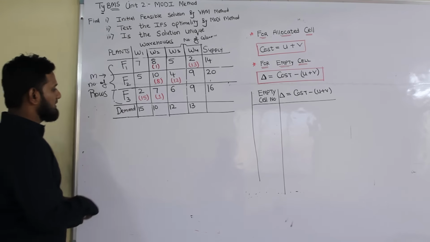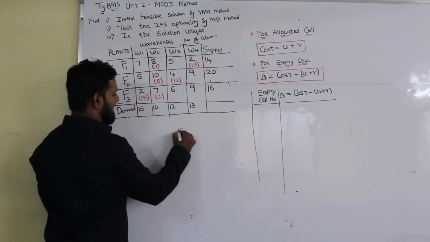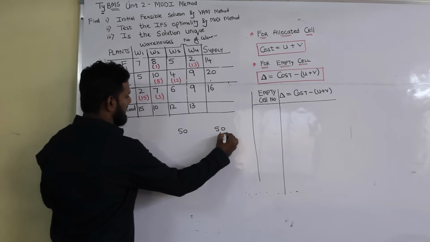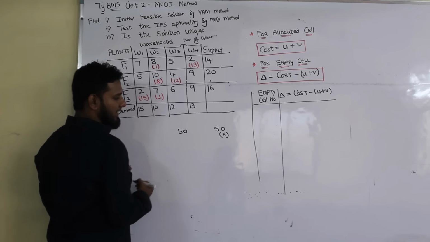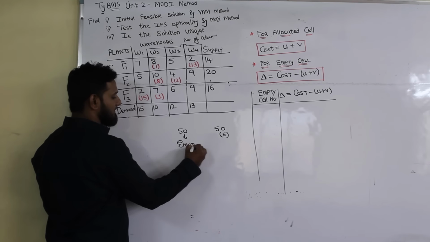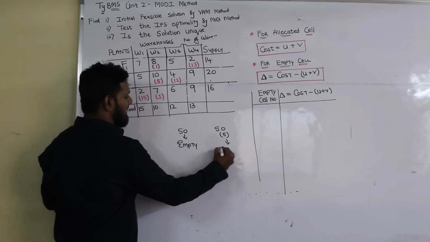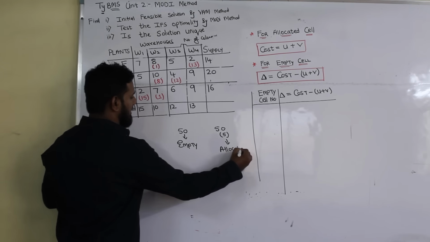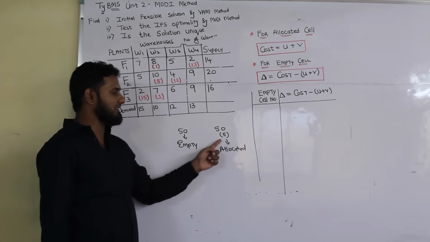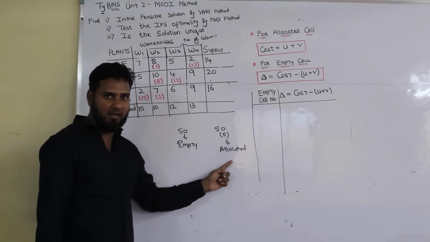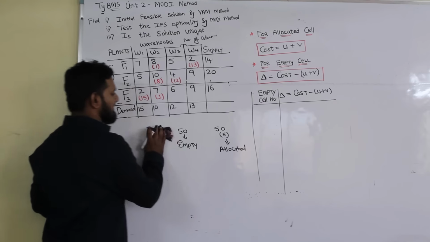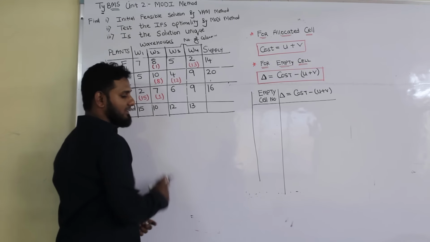Now what do you mean by allocated cell and empty cell? So we got this number 50 and we got another number 50, but it got an allocated value 5. So this is an empty cell and this is an allocated cell. आई होप आपको डिफरेंस समझ आ गया होगा कि जिसके पास वैल्यू होता है वो एलोकेटेड सेल है, जिसके पास वैल्यू नहीं होता वो है एम्प्टी सेल।